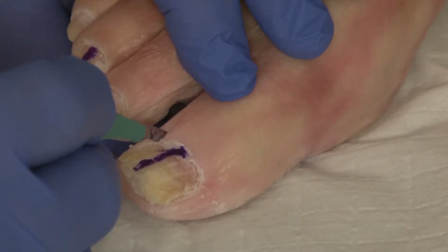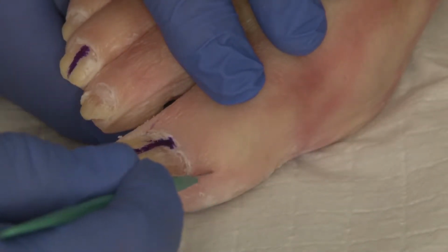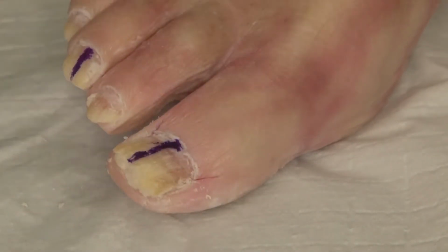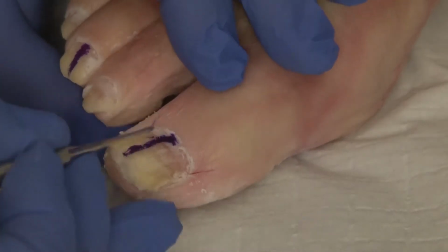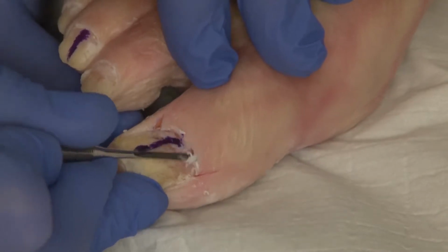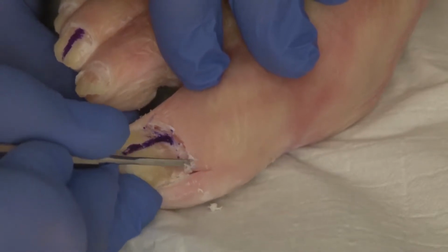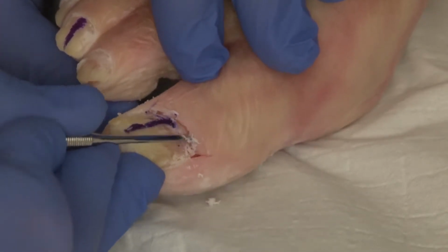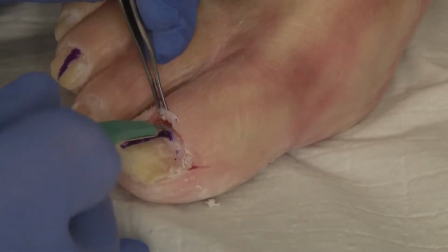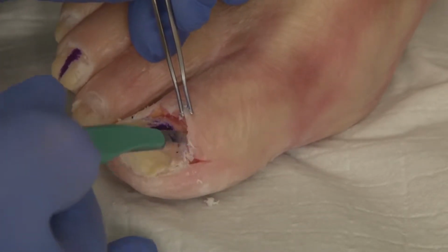The toe is anesthetized in your favorite fashion, and a sterile prep and drape, as is usual, would be done. We're now trying to elevate the fold by separating the cuticle from the nail plate. And we will then elevate across to reflect the fold so we can gain full exposure